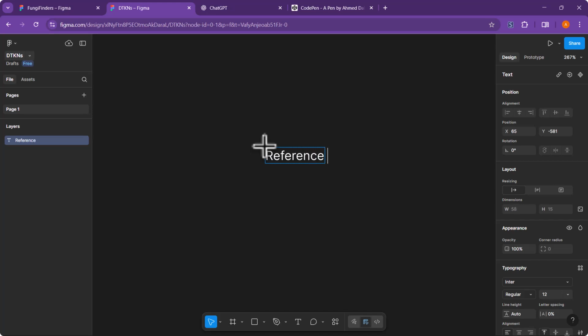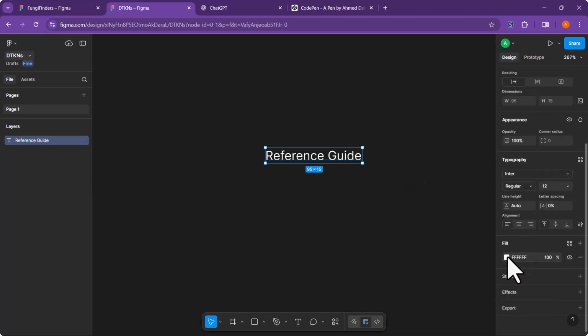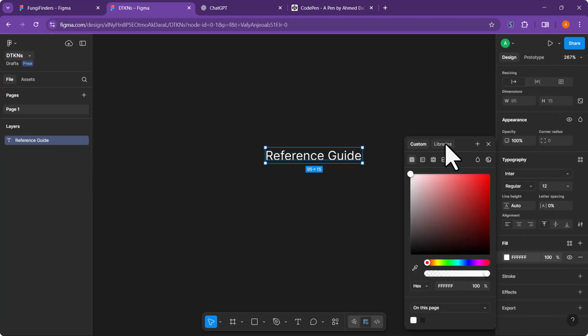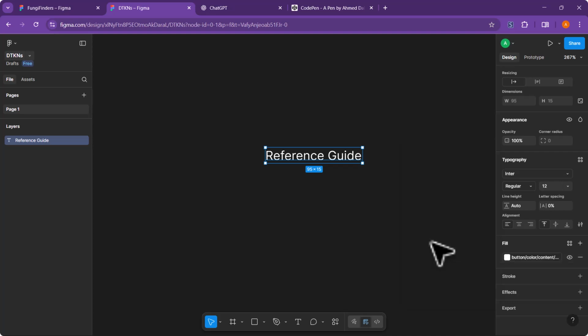So let's try to create our button. Reference guide. We want our button color text. You go to libraries, you click button, and we want our content default. Let's create a group or frame.